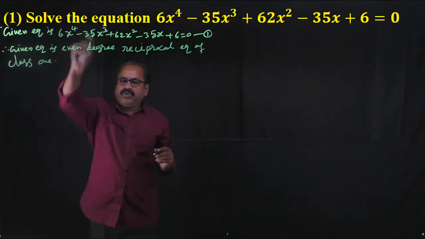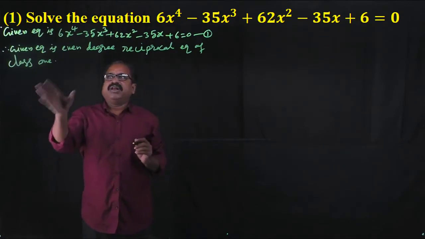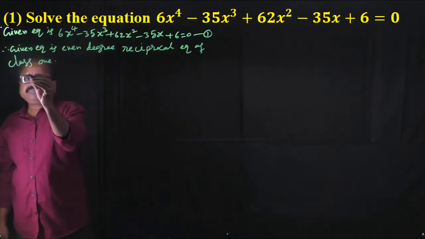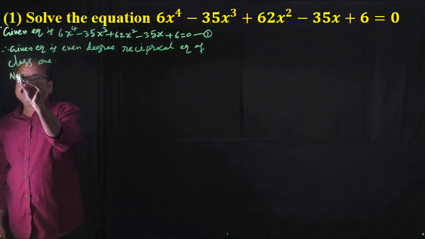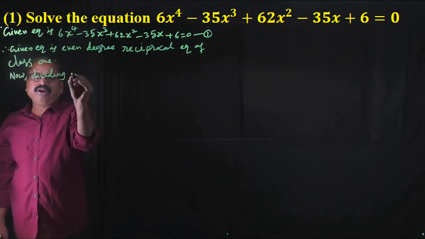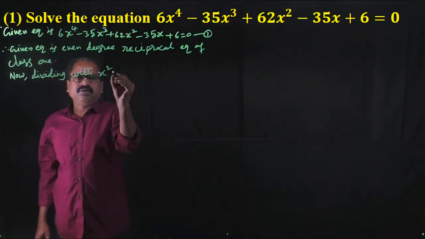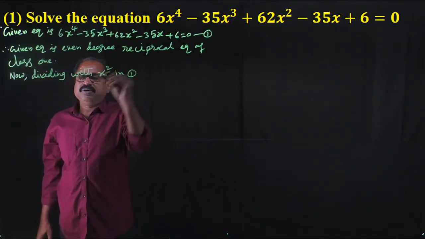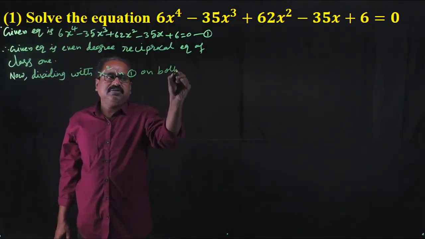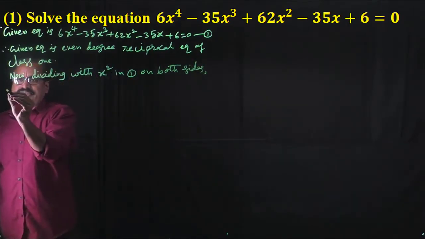So x^4, this is an even degree reciprocal equation of class 1. So 6 plus 6, class 1. So now dividing with x^2 on both sides, so this implies